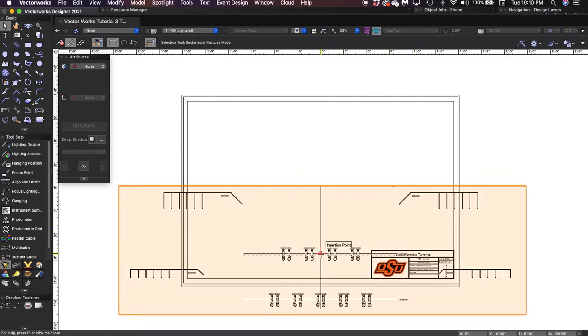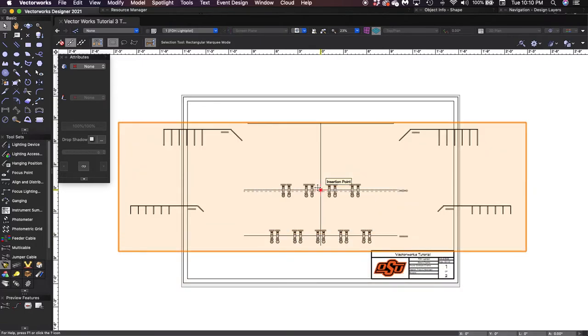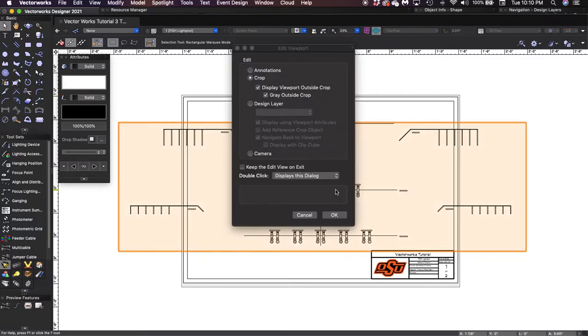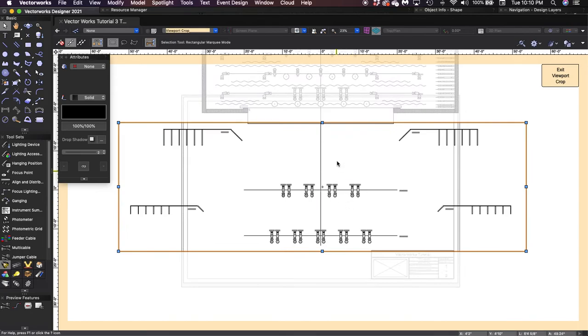So now we're going to need to move this into the center of the drawing. So I'm just going to click that and drag my viewport up into the center of my drawing. And obviously, I'm still over the size of my page here. So there are a couple of different options. You can either change the size of the page, or you can change the scale of the viewport that's being represented. In our case, we don't have anything on the box booms right now, so I'm just going to crop around them. So I'm going to double click on this again and make sure that I've got crop selected, and I'll say OK. And I'm going to just grab my handles and bring it down,